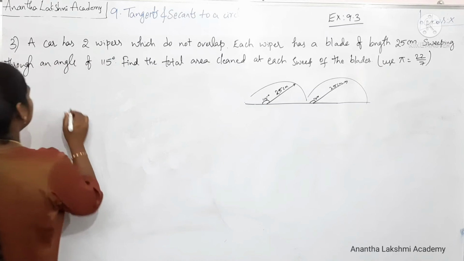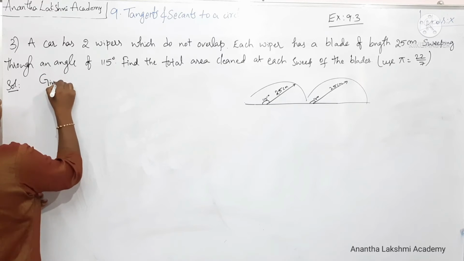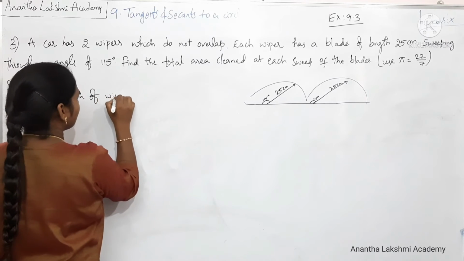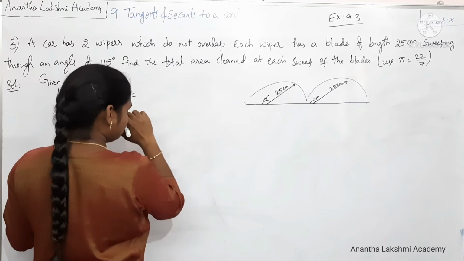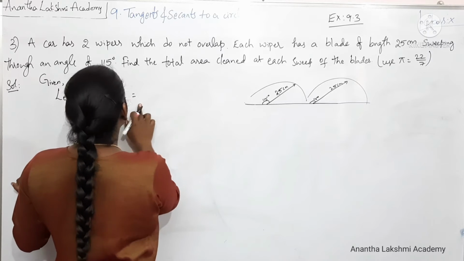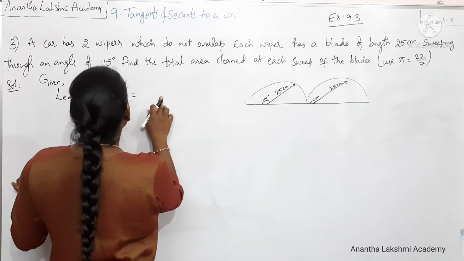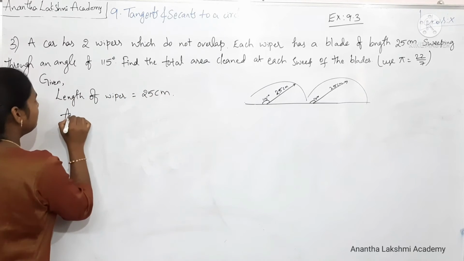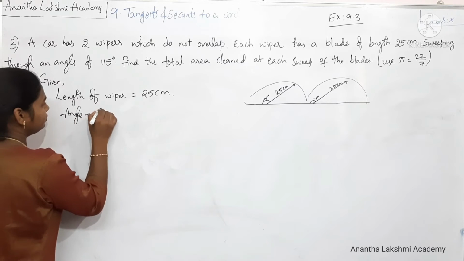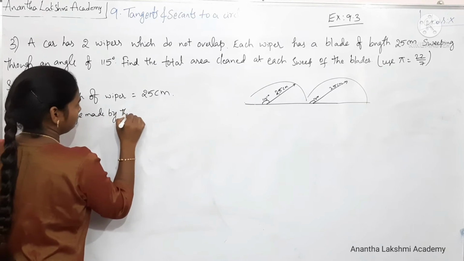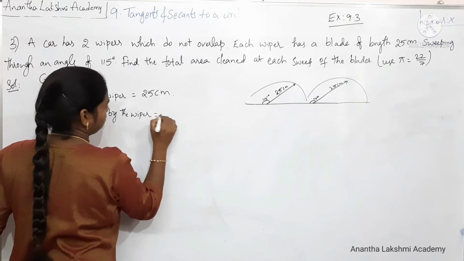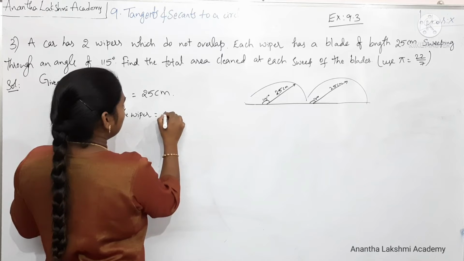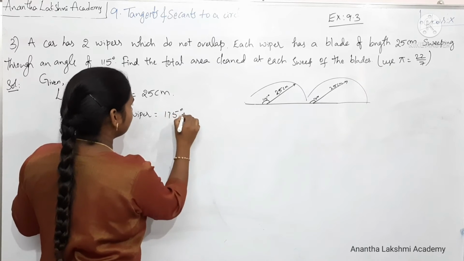Okay, let's look at the solution. Given length of the wiper is equal to 25 centimeters. And next, angle made by the wiper is equal to 115 degrees, right? So,